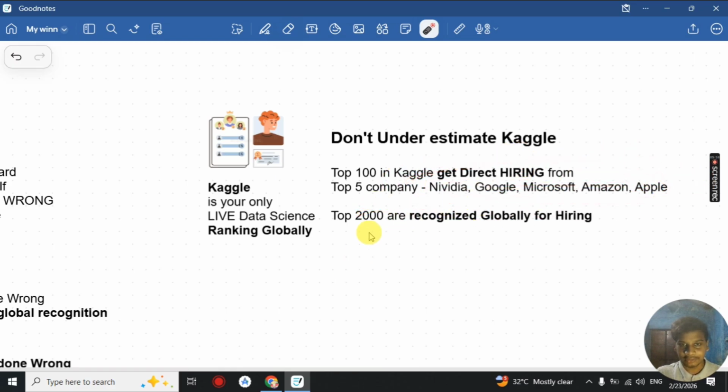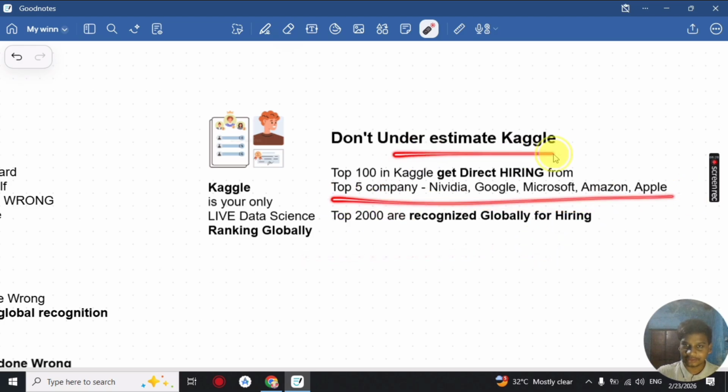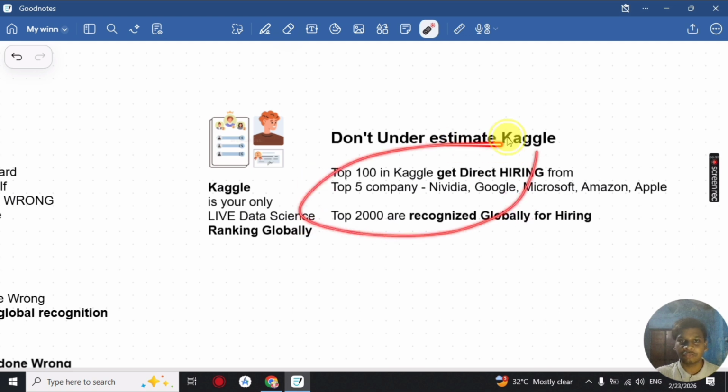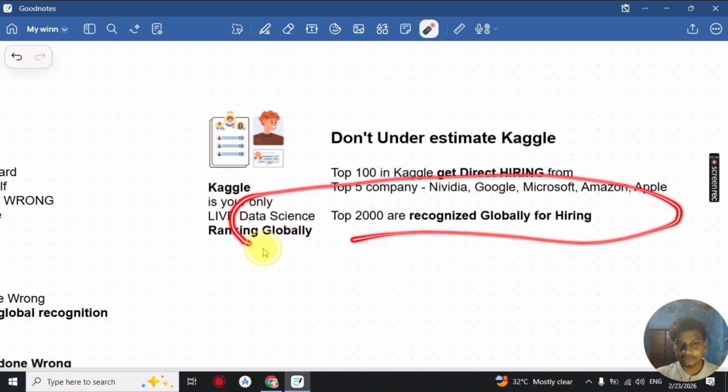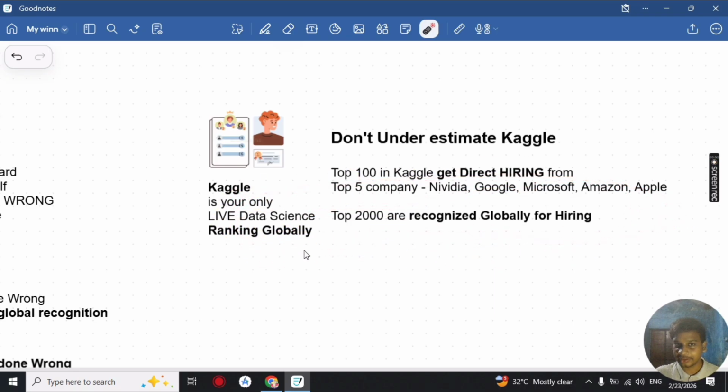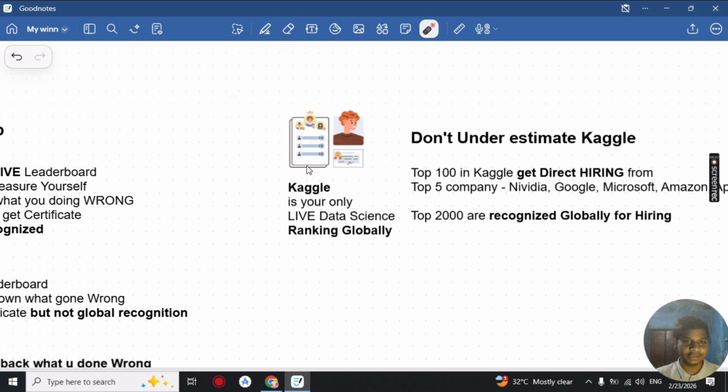It's a global fact here, and you could hear many news that people get hired from the Kaggle platform directly. So I would say never underestimate the power of Kaggle. It is one of the top things you may need to be globally recognized for your talent in data science. Even scoring top 2000 in a Kaggle competition is recognized globally, and you will get direct hiring for your jobs and even for big research projects.